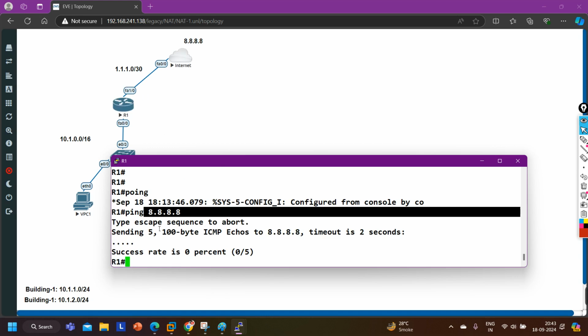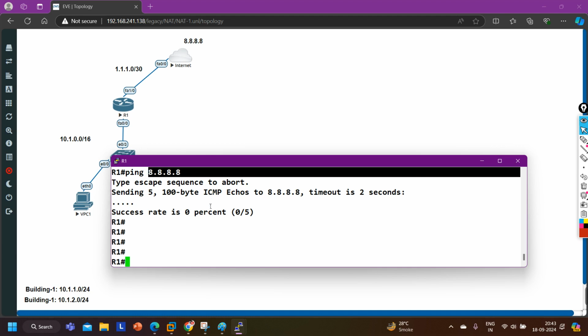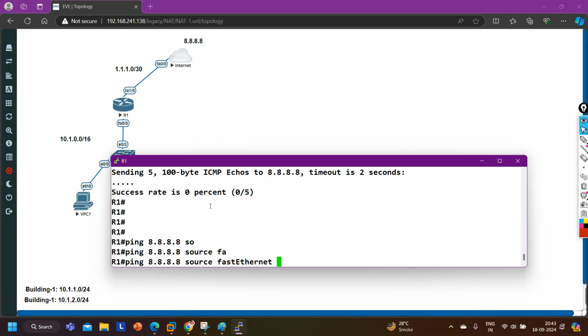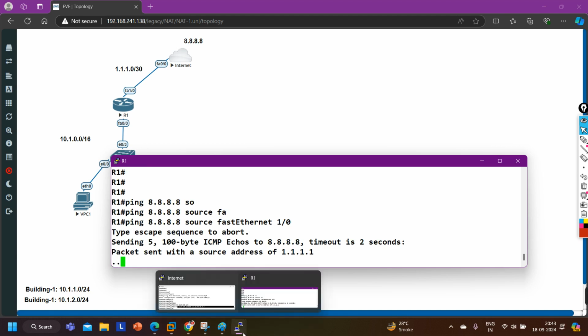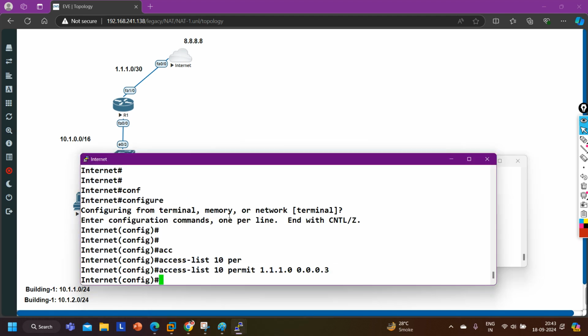So this is the public IP address. I am directly pinging 8.8.8.8 from the WAN interface. Let's say source interface FastEthernet 1/0.